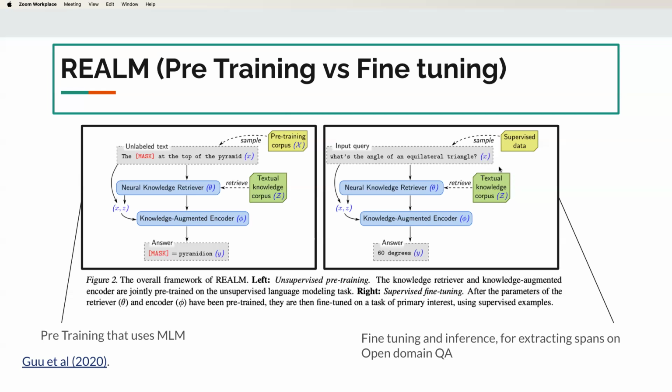You get the context from the retriever side, and then you append these contexts the way you would create the input context for a BERT model. So you would have a CLS token, your query, and then your SEP token, which is a separator, followed by all the documents that you fetched. And now this becomes a question answering problem wherein you have to find the span where the answer lies